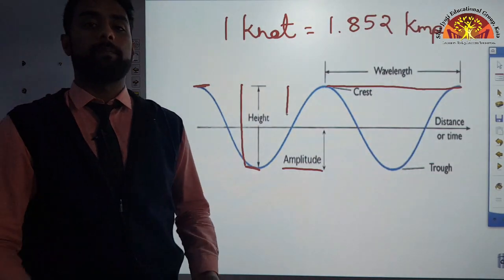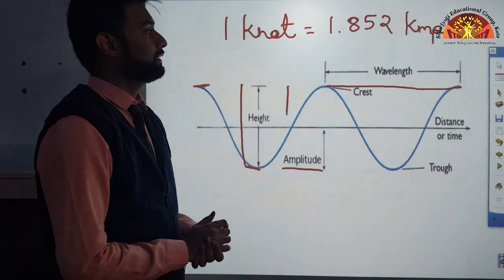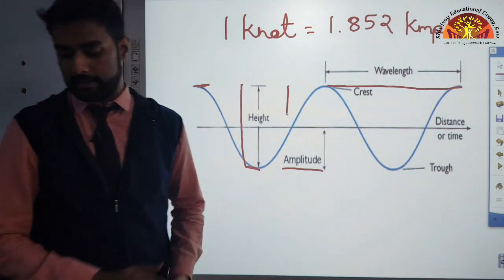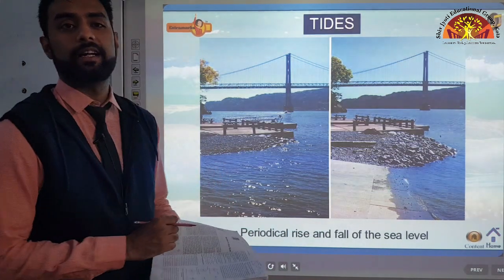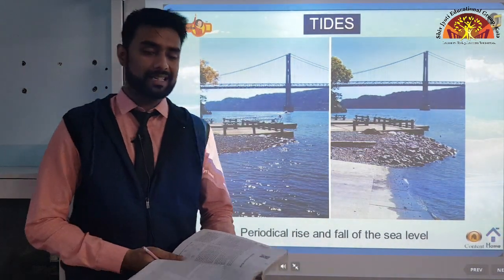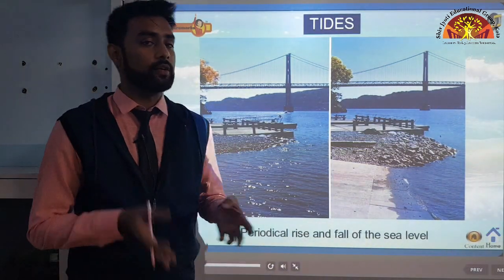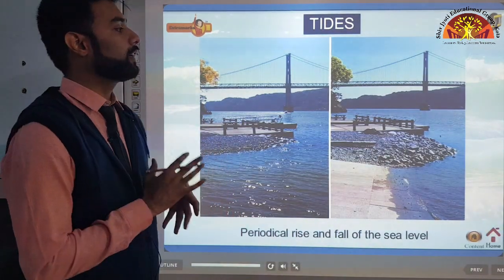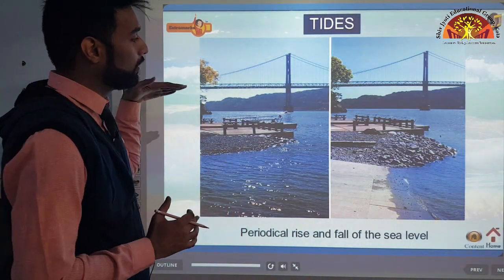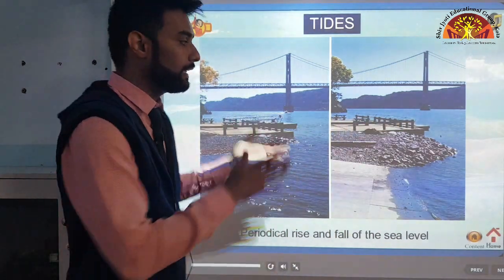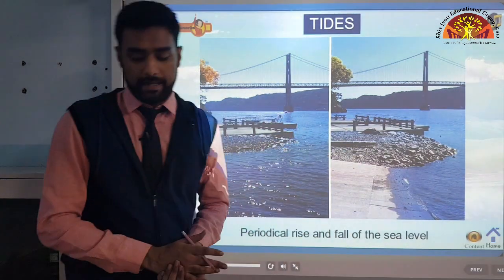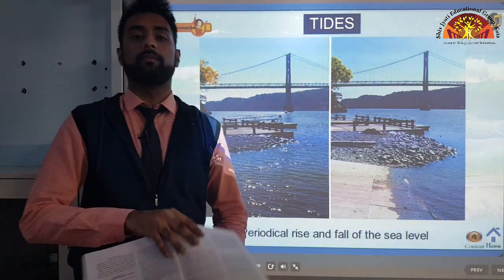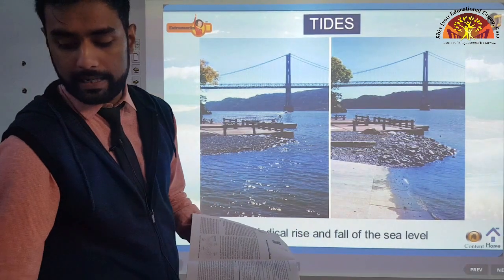Now, our next topic that we are discussing in this video is tides. So, let us move on to that. Let us begin our next topic, which is tides. Up until now, we have discussed waves. That was one of horizontal motion, and now we are discussing a vertical motion of the water, in which the water will not move in a horizontal direction. Instead, it will rise upwards in a vertical direction. That movement of the water is called tides.